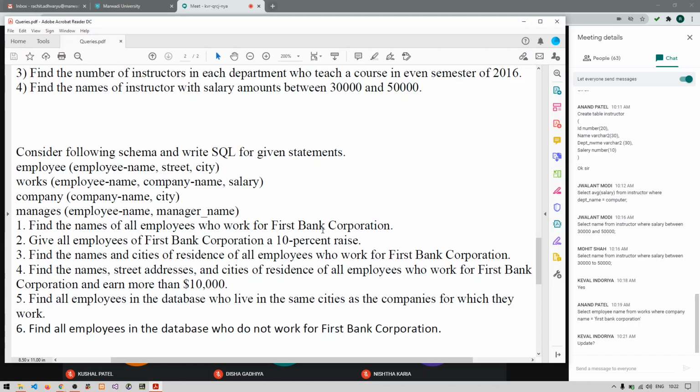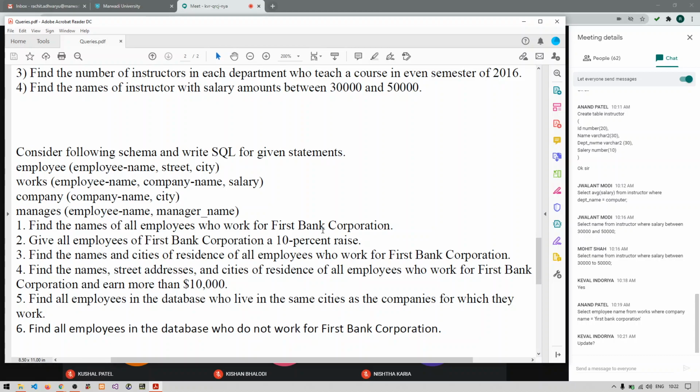The answer will be update works set salary equals to salary plus salary into 10 percent, or I would say salary plus salary into 0.1, where company dash name equals to First Bank Corporation.